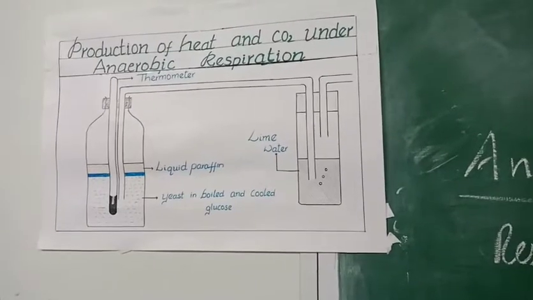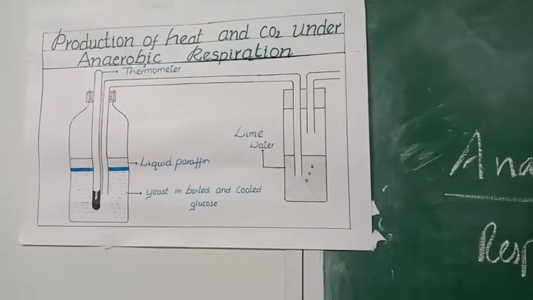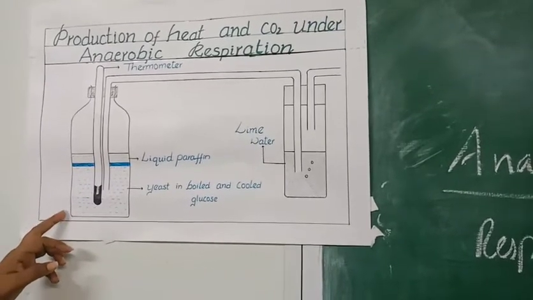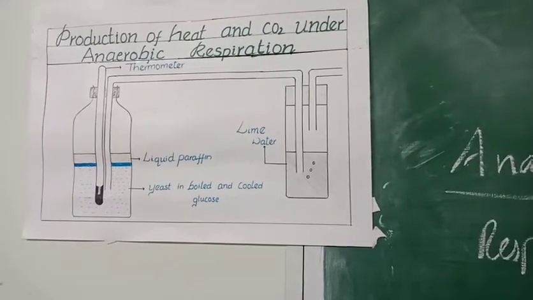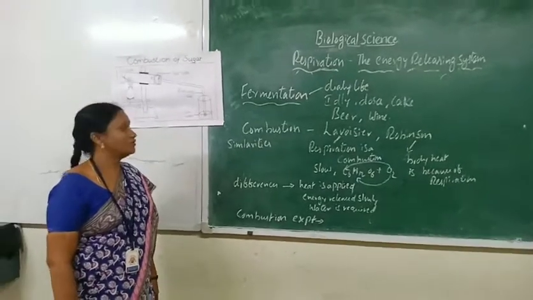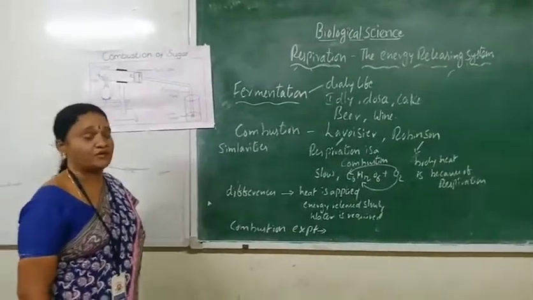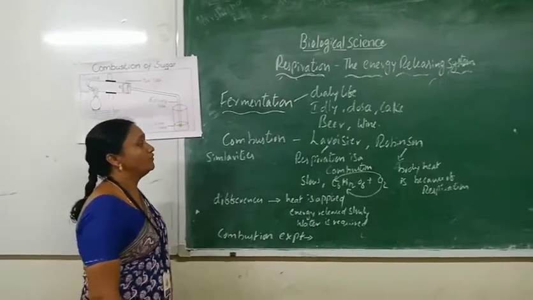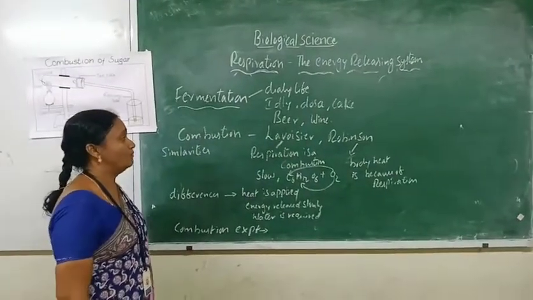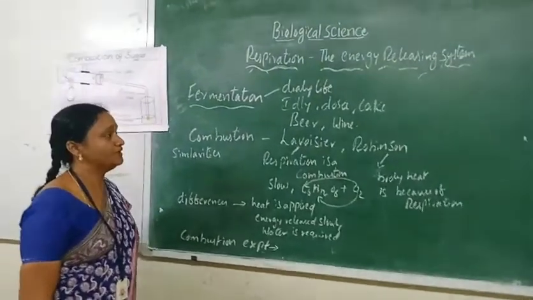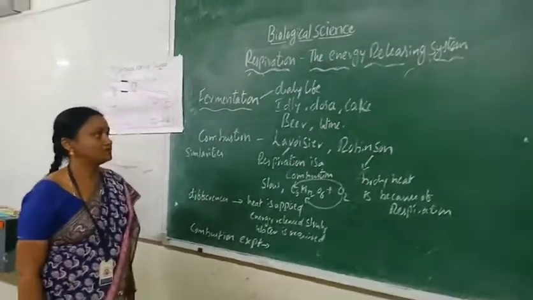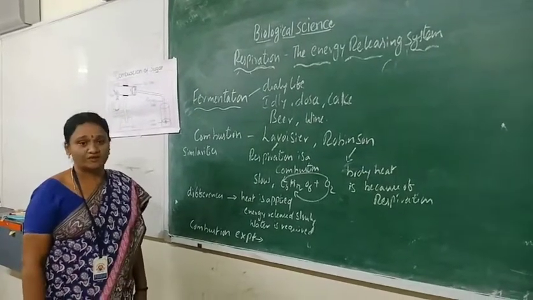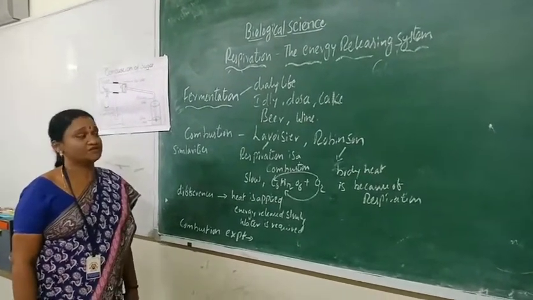So from this it is clear that during anaerobic respiration, the yeast cells play an important role in converting the glucose into ethanol. Fermentation is another type of anaerobic respiration, and it is useful in our daily life. We prepare idli dosa batter and we prepare cakes by the fermentation process. Here a characteristic smell will be produced during the fermentation process by the production of ethanol.